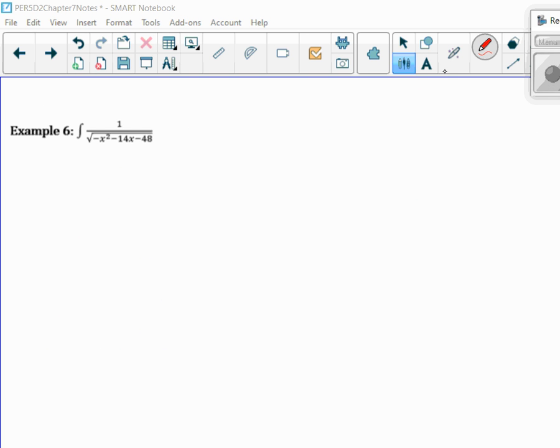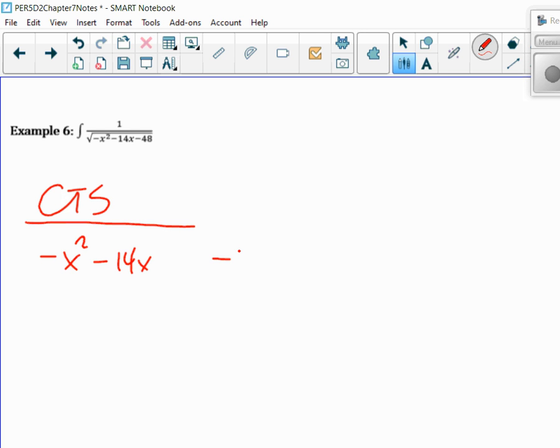So notice this doesn't look like an inverse tan one. So if you see a square root, just remember, oh, that might be an inverse sine. So we still complete the square. So negative x squared minus 14x minus 48. Okay, first step is what? Take out the negative. So then I have negative x squared, sorry, x squared plus 14x, leave a space, minus 48. So half of 14 is